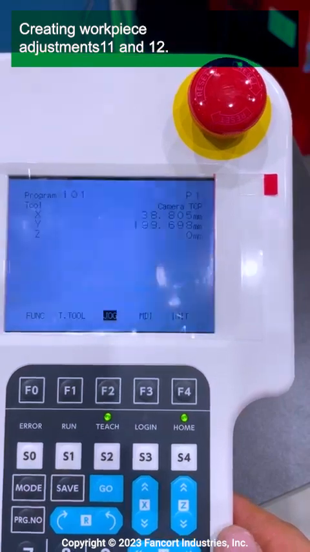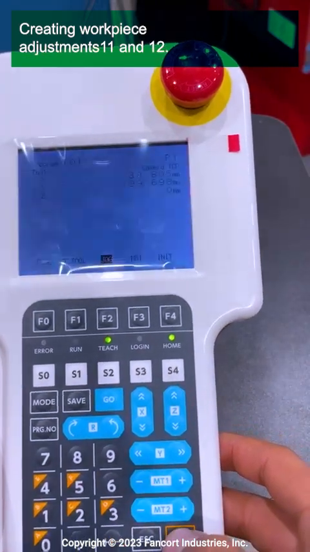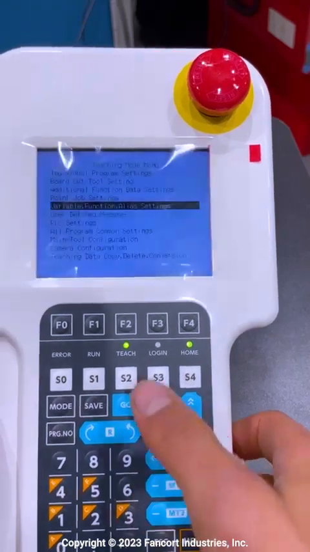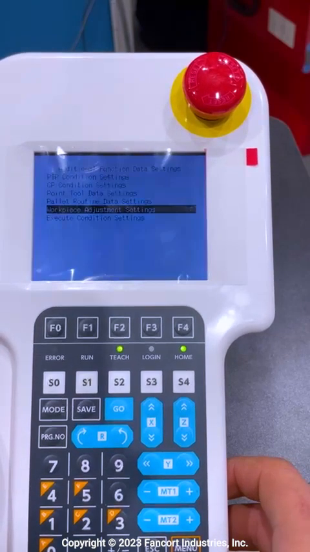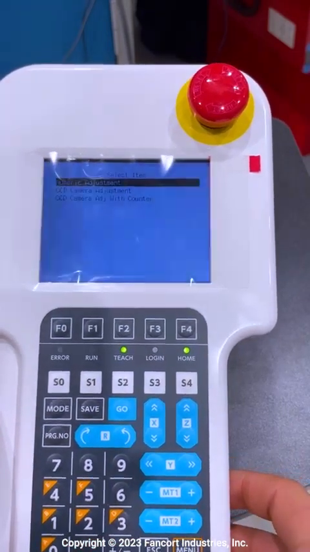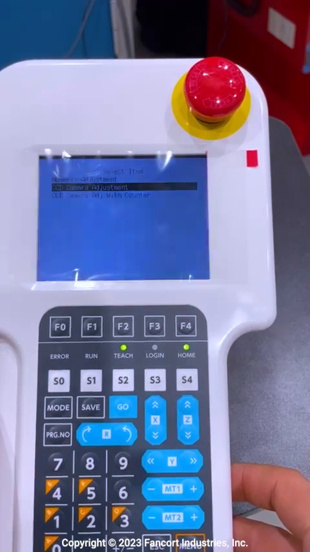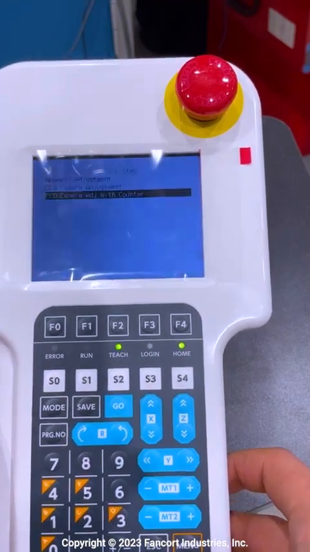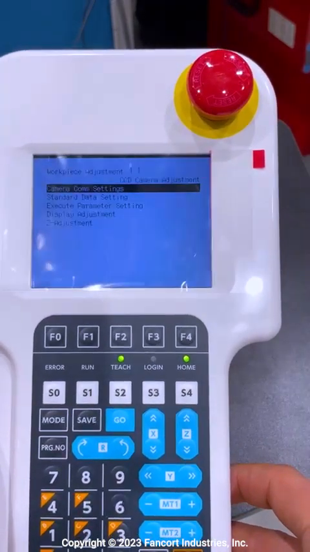Alright, so today we're going to go over how to create workpiece adjustments 11 and 12 in program 101. So we're going to go into menu, and then we're going to go into variable additional function data settings, enter, and then we're going to go into workpiece adjustment settings. We're going to do 11, enter, and we're going to go into CCD camera adjustments. CCD camera adjustment, enter, and then camera COM settings, enter,